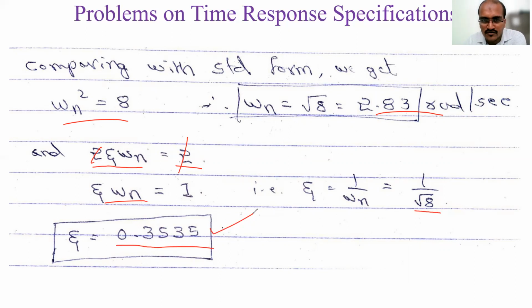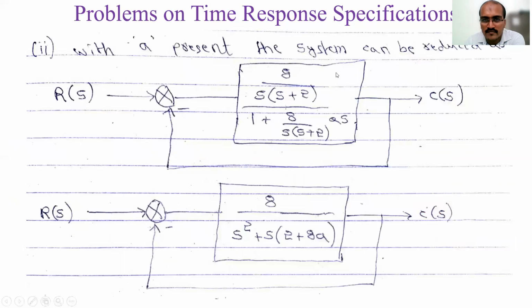Now taking A equal to 0, we simplified the transfer function and we compared, and we got zeta and omega n. Next case, what we have to do, we have to consider A now. Okay, you should not remove the A. So then we have to use the block diagram reduction approach, with A present in the system. So first, what we will consider, this is G. Okay, 8 divided by S into S plus 2 as G, 1 plus G of S. Again 8 divided by S into S plus 2 is G, and H of S is now A into S. Okay, and we will solve this.